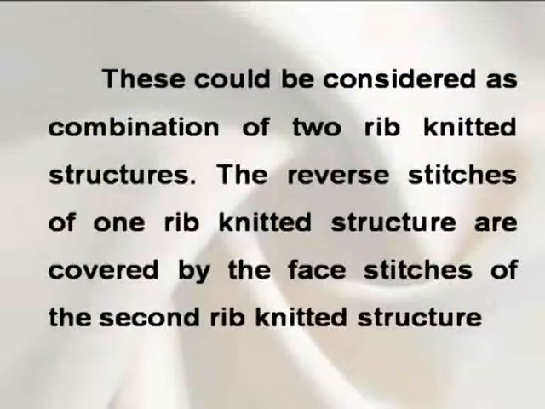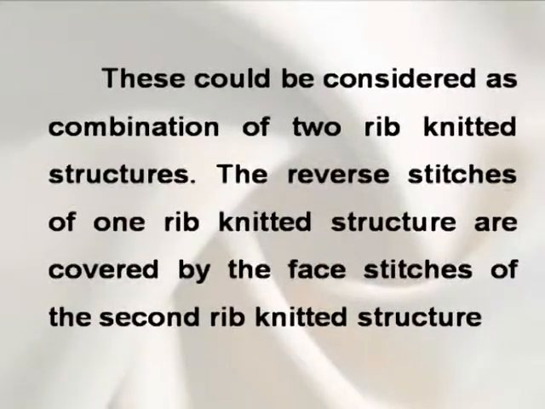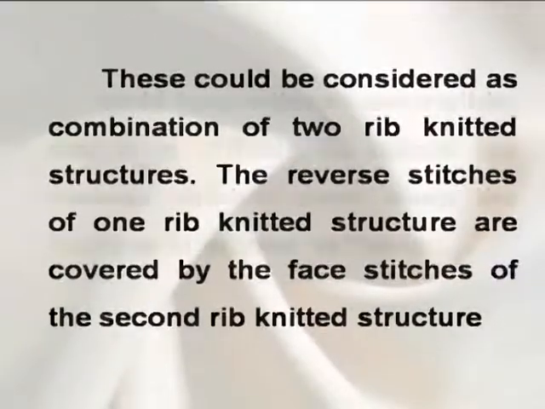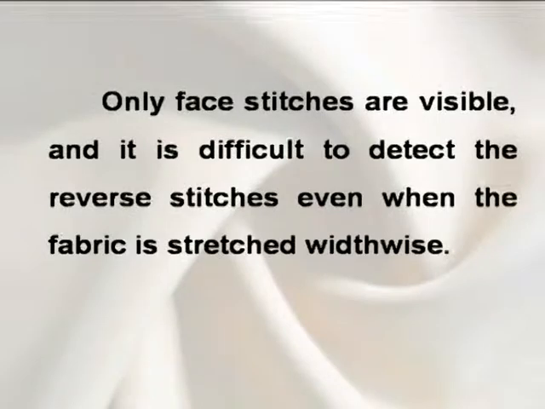Interlock knitted fabrics. These could be considered as a combination of two rib knitted structures. The reverse stitches of one rib knitted structure are covered by the face stitches of the second rib knitted structure. Only face stitches are visible, and it is difficult to detect the reverse stitches even when the fabric is stretched